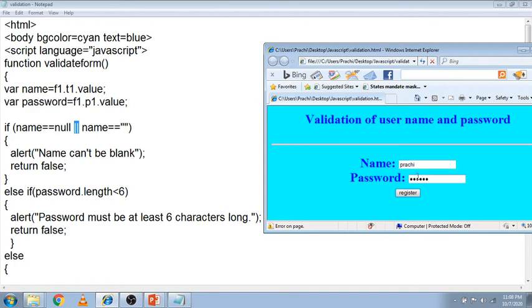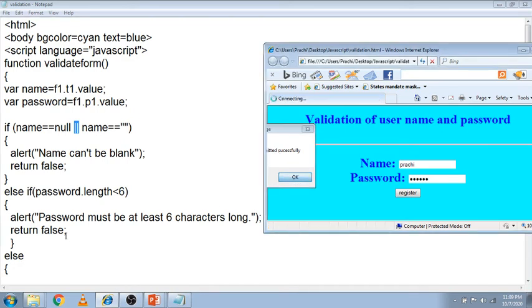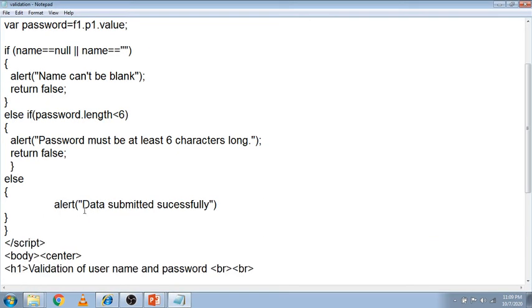So this is my proper password and proper name field. So I click on register. So data submitted successfully. Okay, so else if password.length is greater than or equal to 6, it will go directly to the else part, that is data submitted successfully.